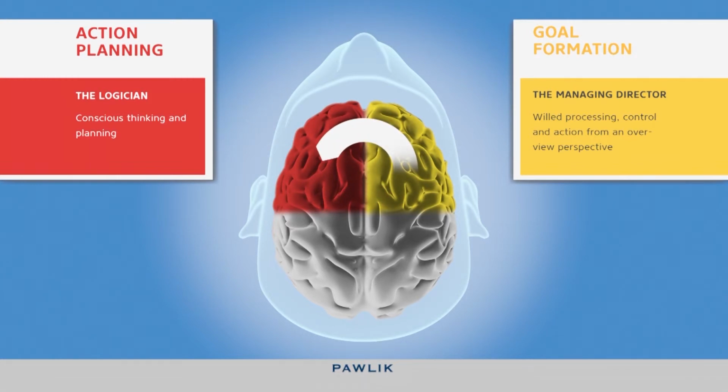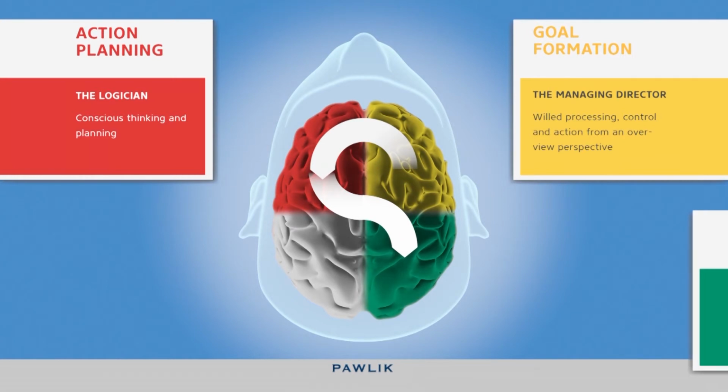Third, the action performance system, aka the spontaneous doer. On the way from planning an action to performing specific actions, a second switch from one side to the other takes place as the plan to perform an action is passed on to a third brain system. This system controls our actions and movements at the back of the right hemisphere of the brain. That is, it puts the logician's plan into practice.